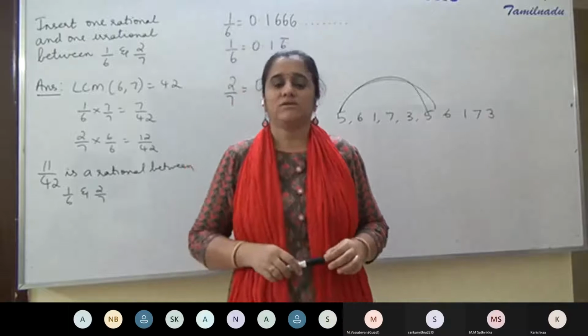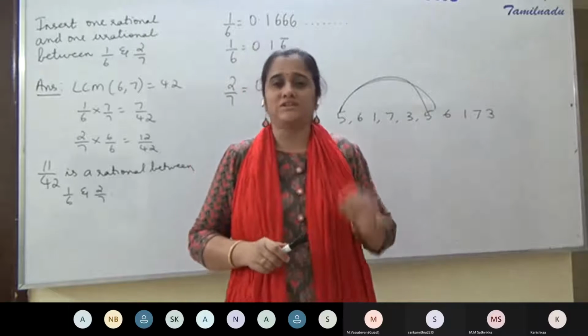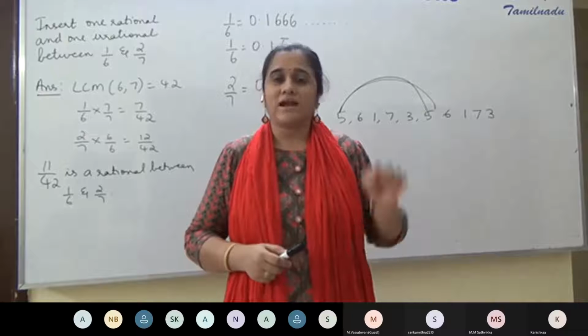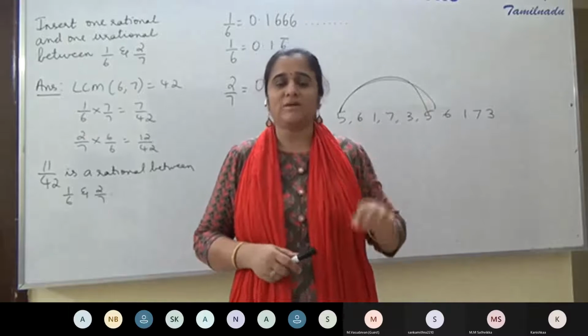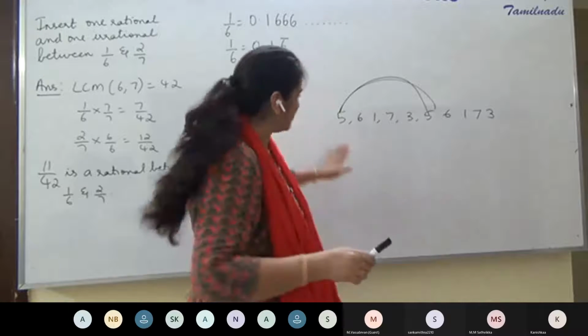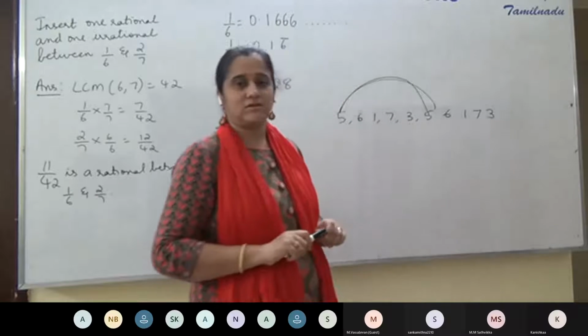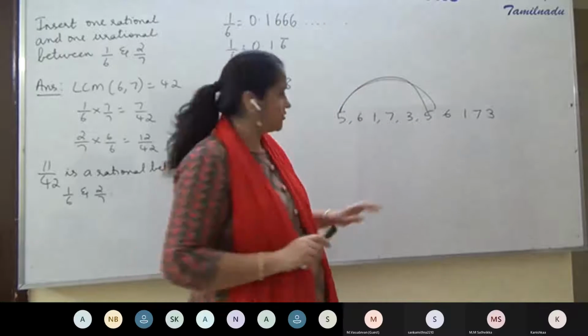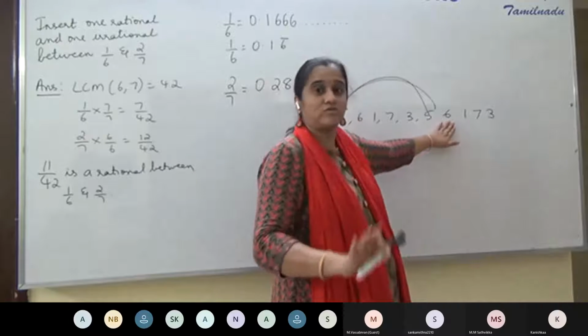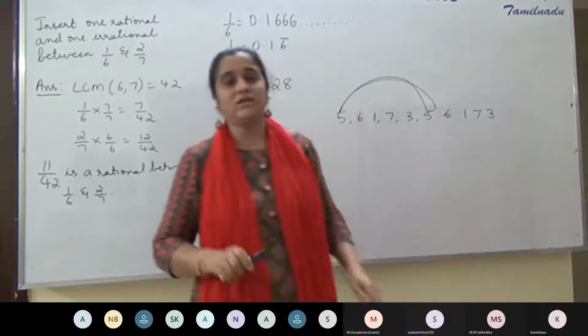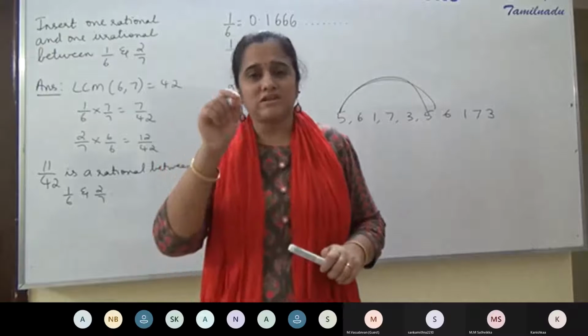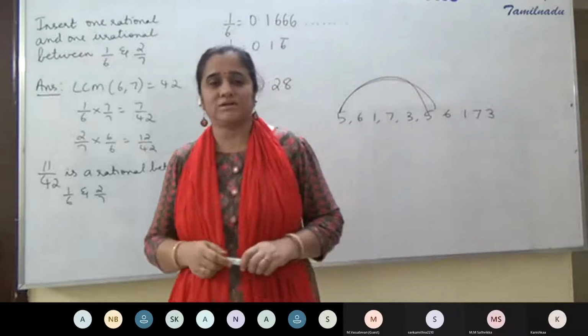So now you know, you should continue the division till you find that a remainder or a set of remainders repeats. So now, 5, 6, 1, 7, 3. And again you see 5, you can stop the division. Just to be safe, you can do one more, otherwise 5, 6, and then you can stop for sure. Only then you can make out the digit or the digits repeating in the repeating block.